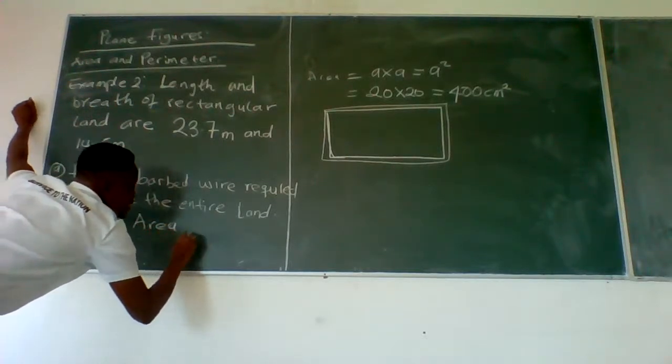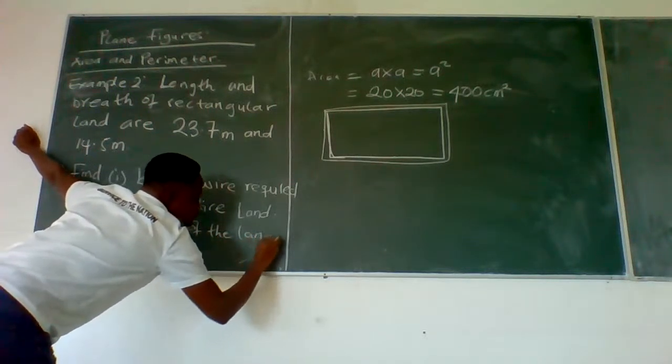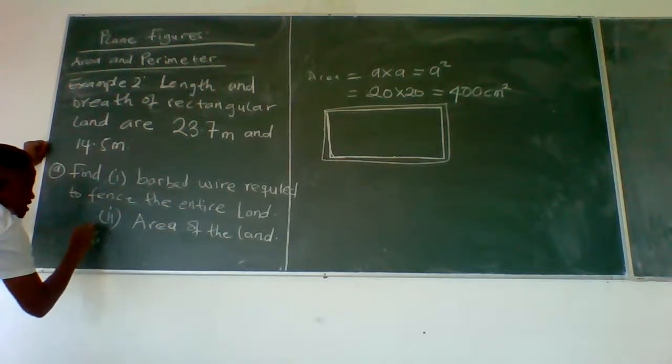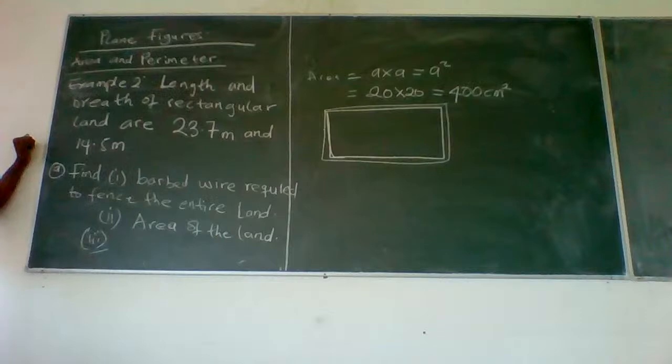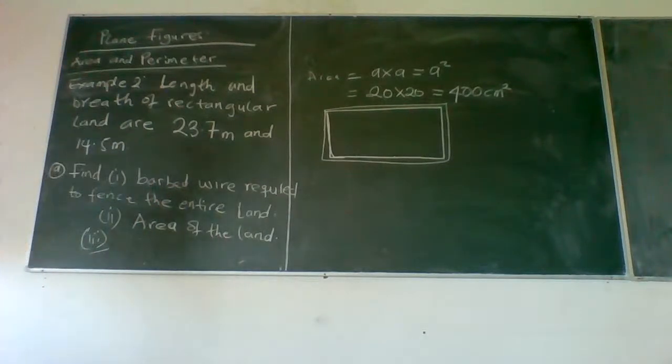She wants to know the area of the land. And then the third problem for your mom is the cost. At the end of the day, when she employs people, how much is she going to pay? So the third question is,